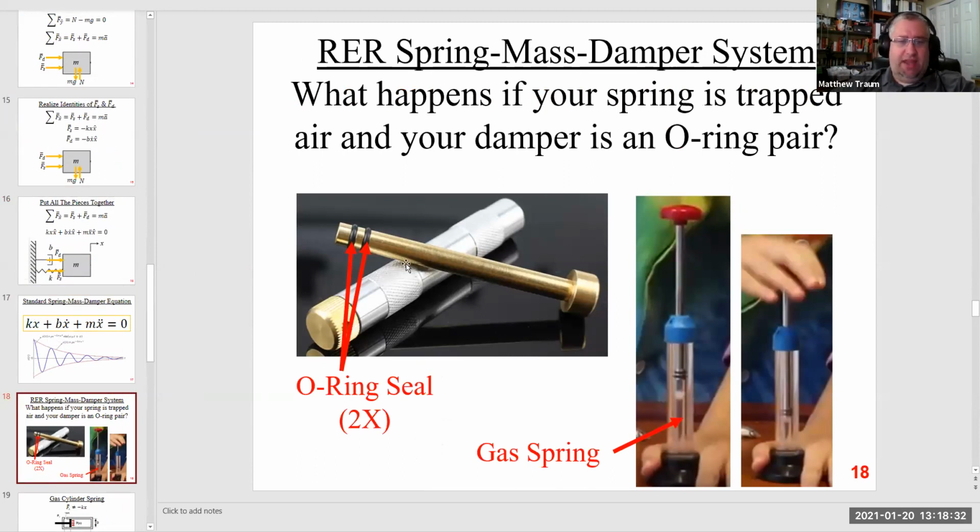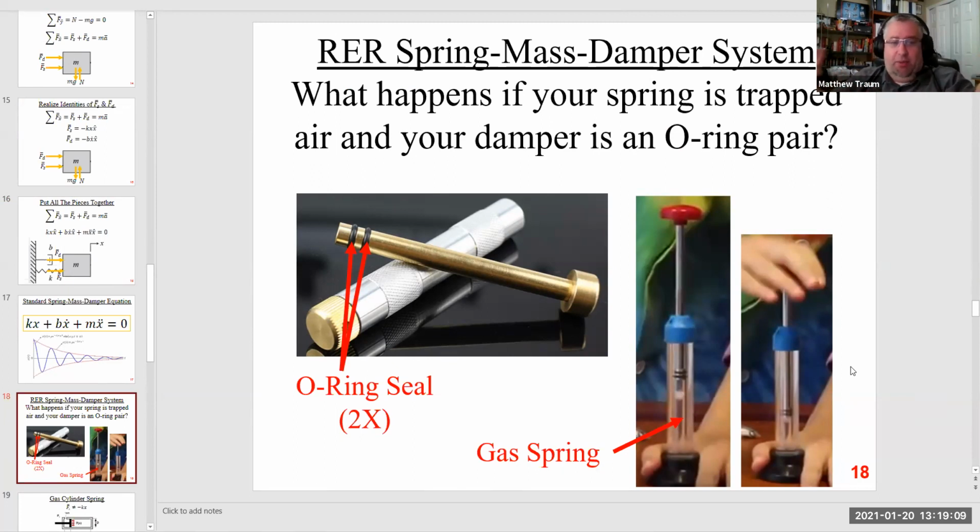In this case, the damper, the energy dissipation mechanism, is going to be the O-rings on the piston sliding against the inner wall of the cylinder. So that's a friction process, and we have to account for that friction, which will dissipate the energy and serve as a damper. And then the spring is the gas that's trapped behind those O-rings in the piston cylinder apparatus. That compressed gas, as soon as we remove our hand, is going to try to push the piston upwards, just like a spring would.